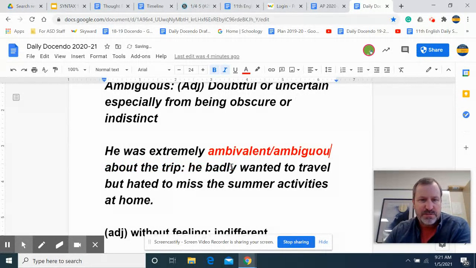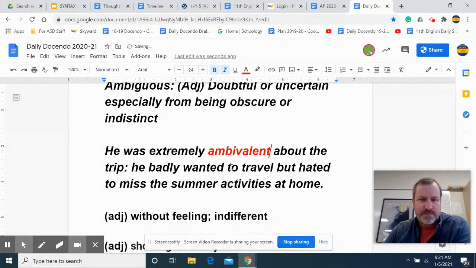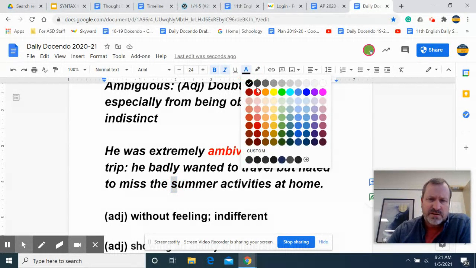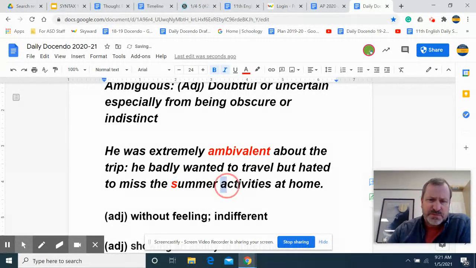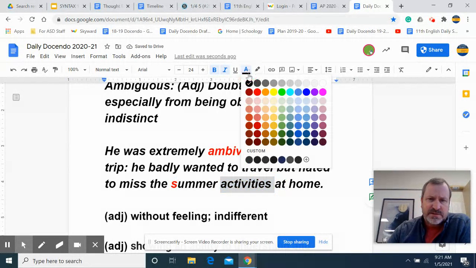Again, we're using just the word ambivalent. You could use a colon here. I didn't talk about that in the sentence, but because the first part illustrates the second part, we could use a semicolon in this case. We could also use a colon. Again, a colon has to come after a complete sentence. So in this case, that would be correct also. Again, we switch the capitalization here to lowercase, and then we fix the spelling of activities.